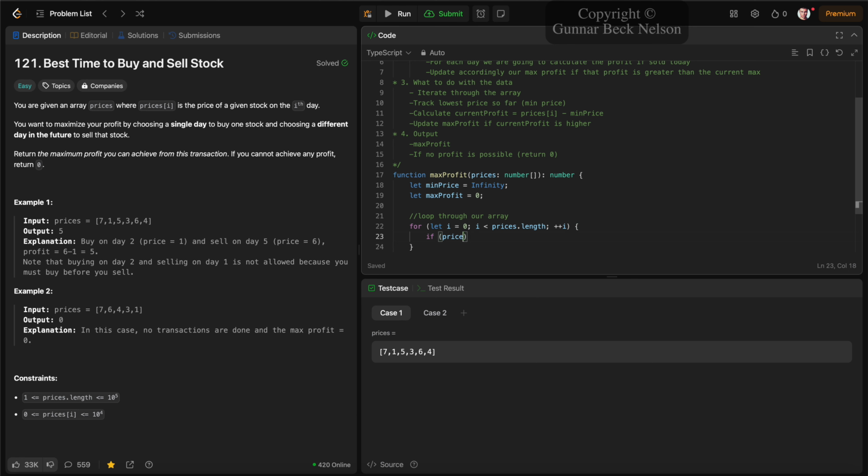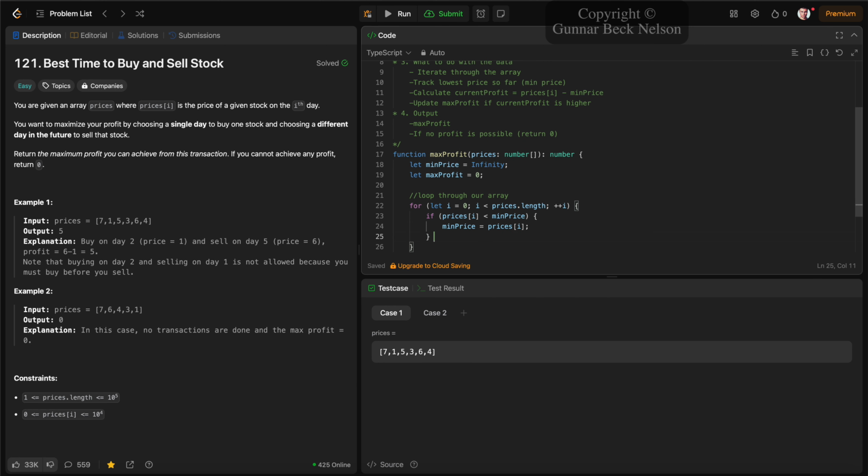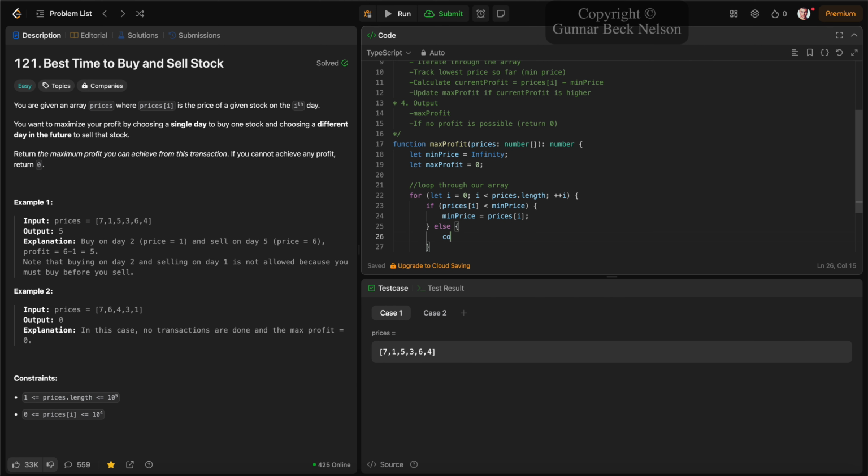If prices[i] is less than the minPrice, then we set the minPrice to the current price of that given day, prices[i]. Otherwise, we also calculate our profit,